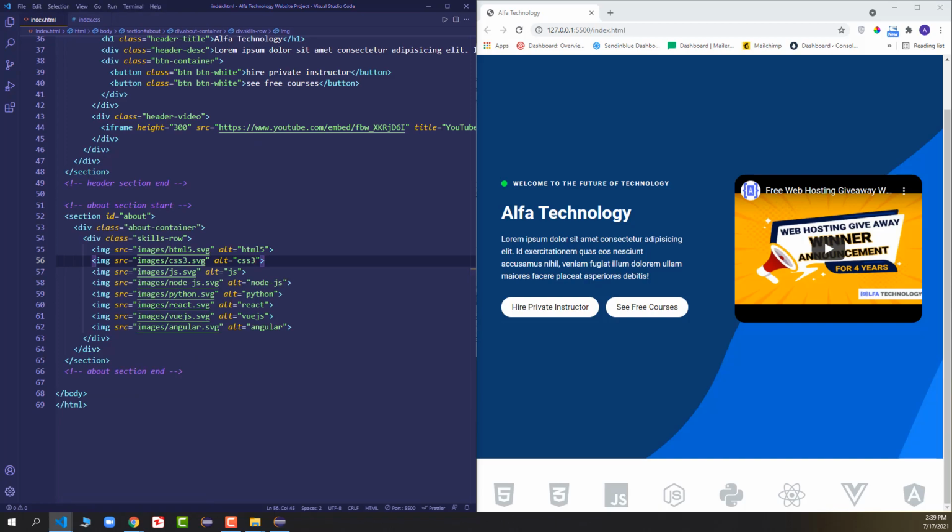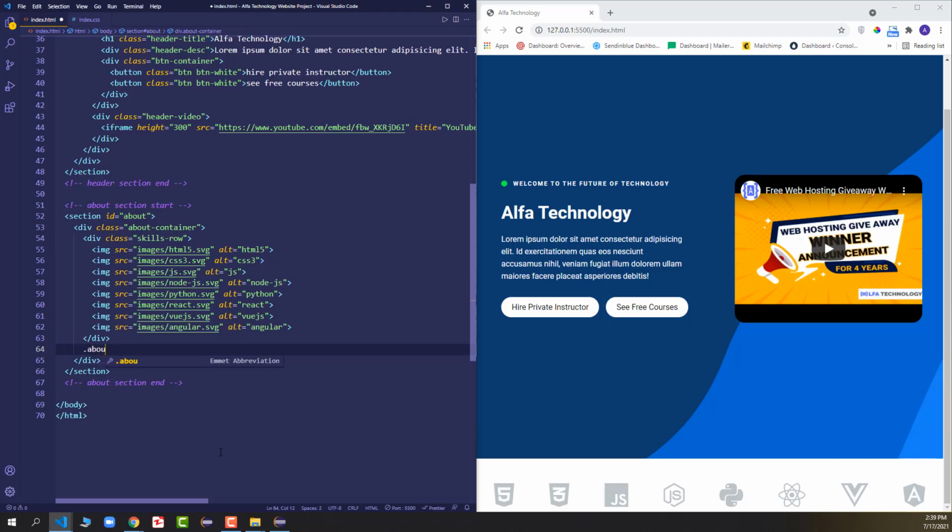Now it's time to go back in the HTML, and here we will write the remaining about section HTML code. After that I will come outside of the skills row, and here inside the about container I will have another class called dot about shape top.